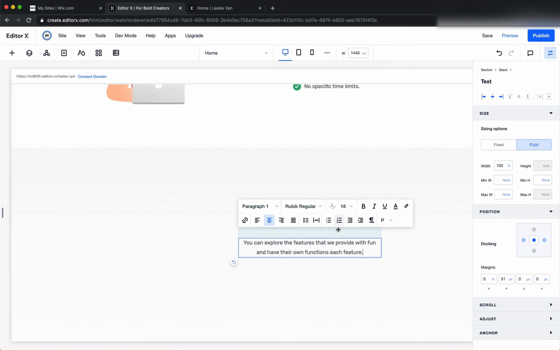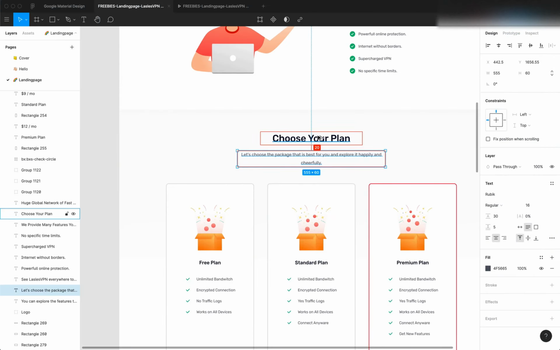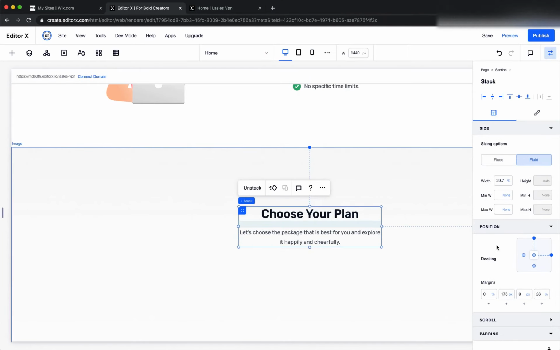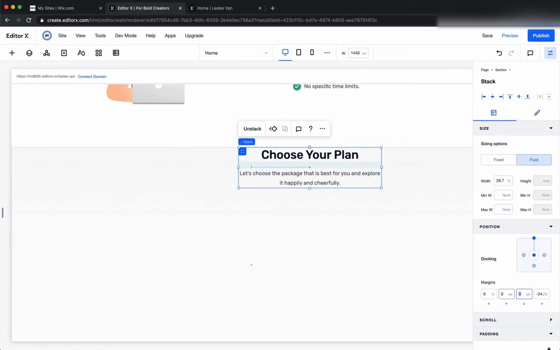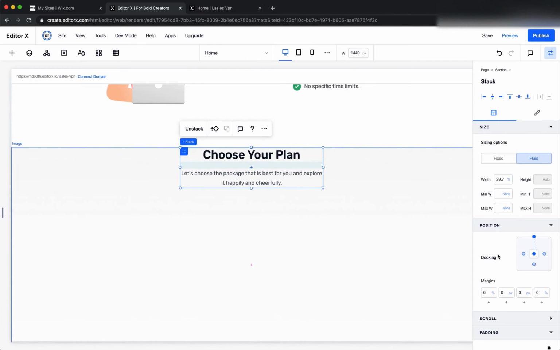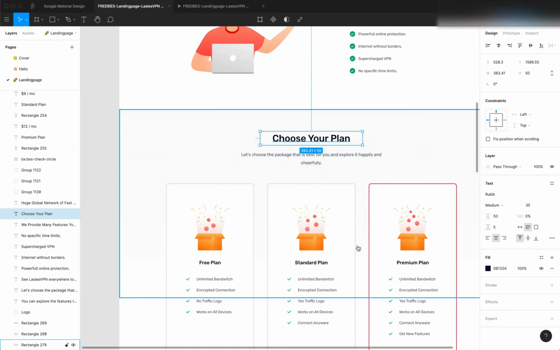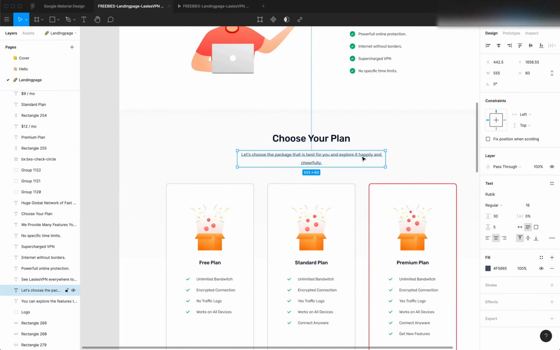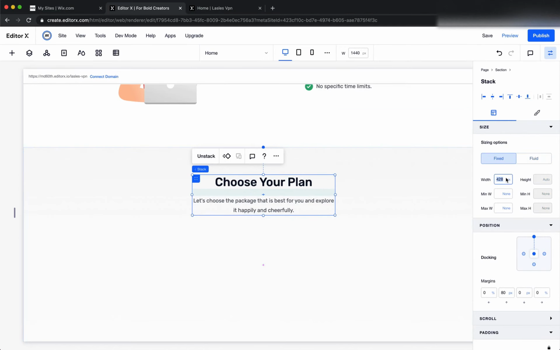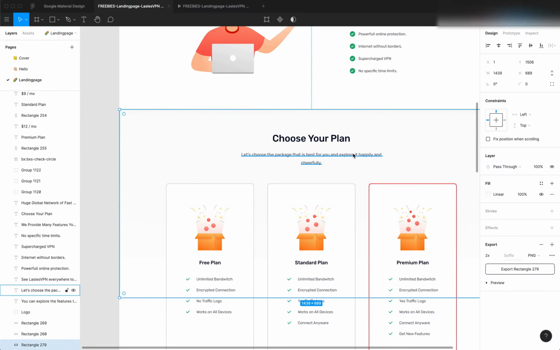Alright, so 20 pixel margin, and the stack element should be center. Oh, sorry, 20 pixels from top. So let's add margin, 80 pixels from top. Great. But you can see that the stack element is again 555, so let's set it to be fixed, 555 pixels. And now the break is exactly as the design,